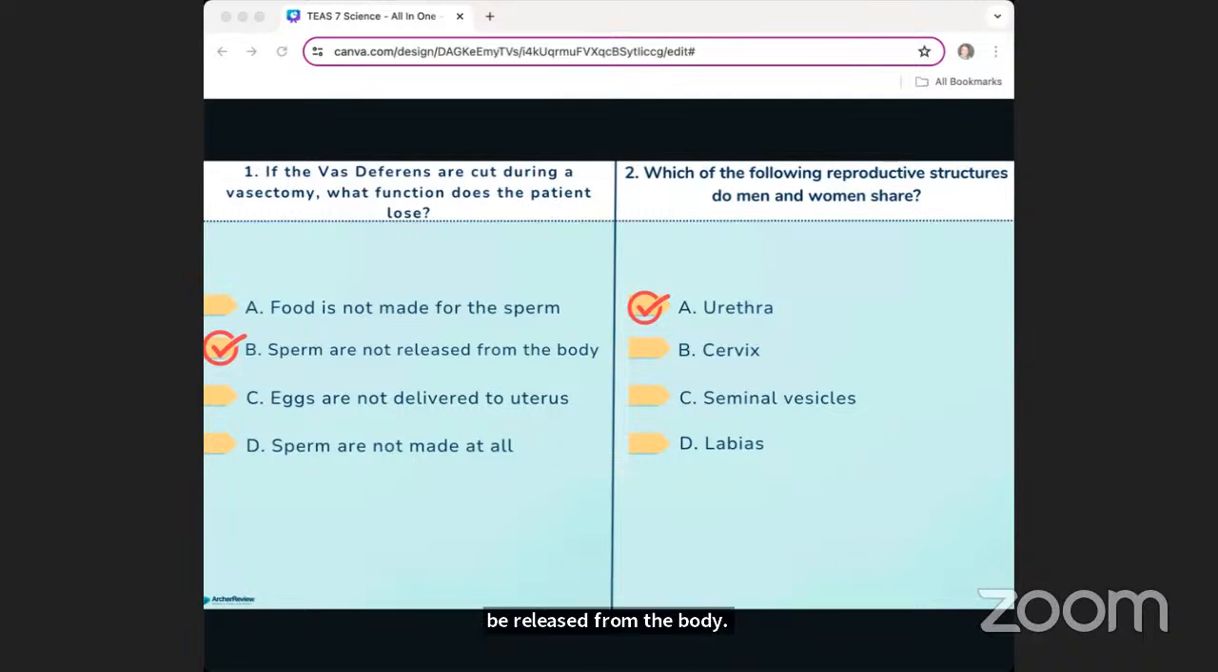Option A, food is not made for the sperm. This is the job of the seminal vesicles. The seminal,